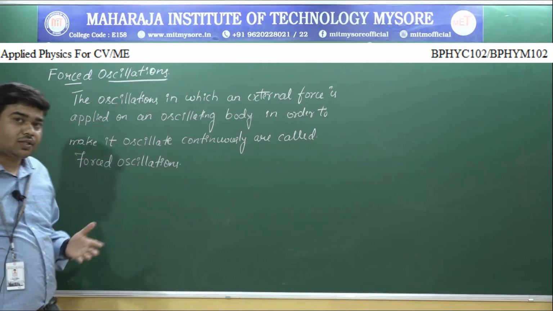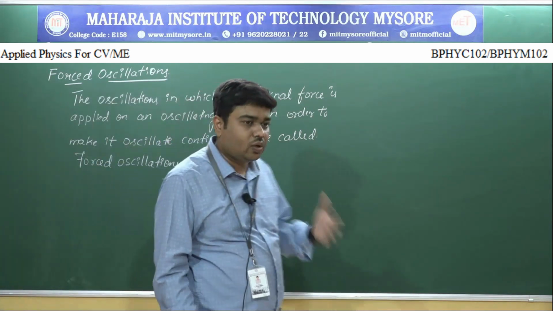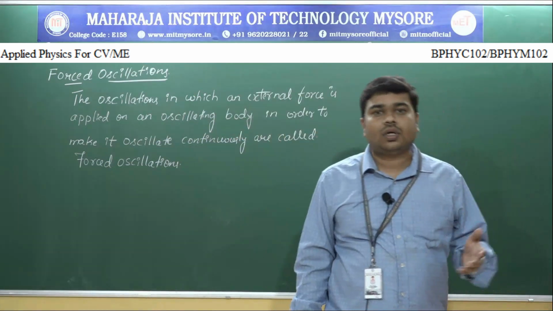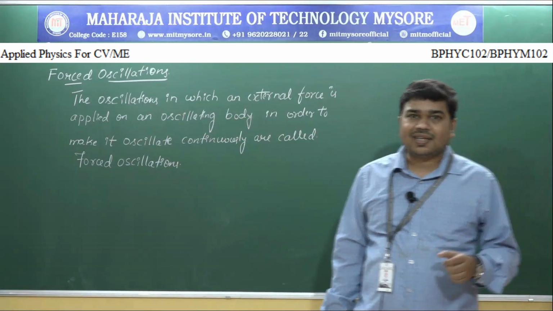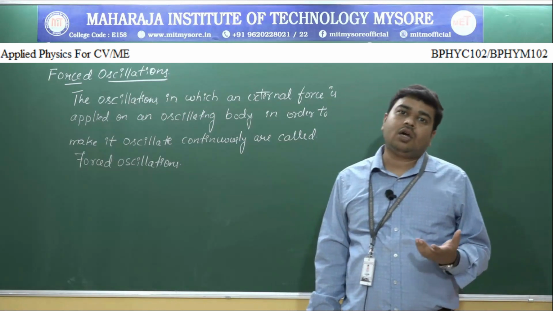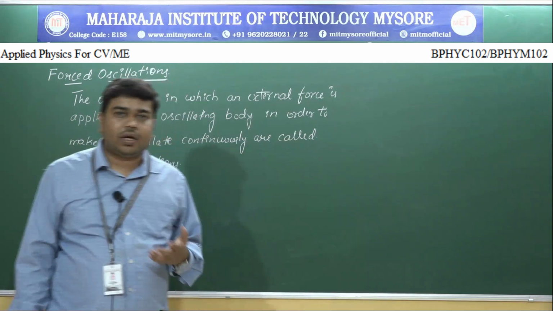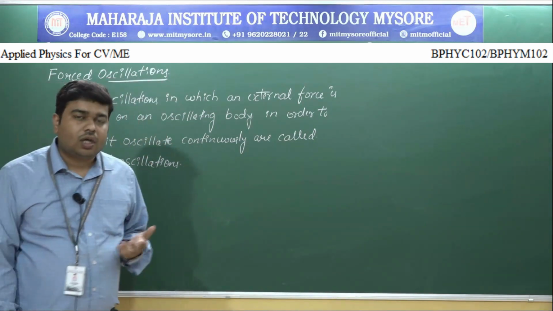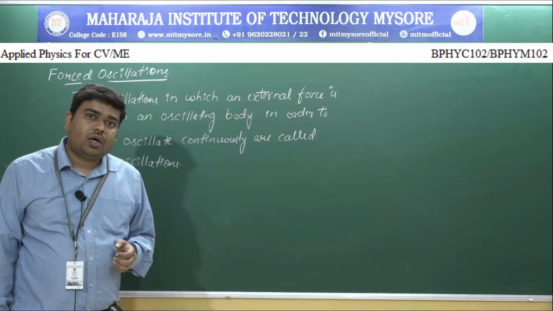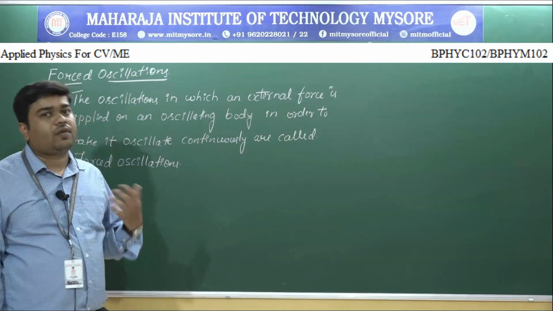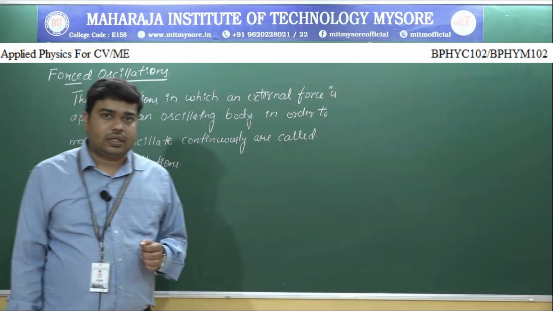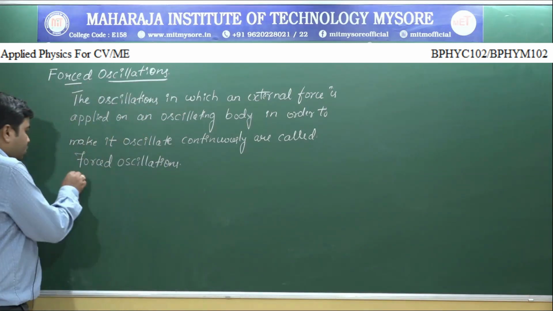Now, in the case of forced oscillations, we give an external force of the same frequency and same amplitude which we applied earlier to an oscillating body. We apply the force again so that the oscillating body does not stop exponentially with time. That kind of oscillation we call forced oscillation. Now, some examples for forced oscillations are